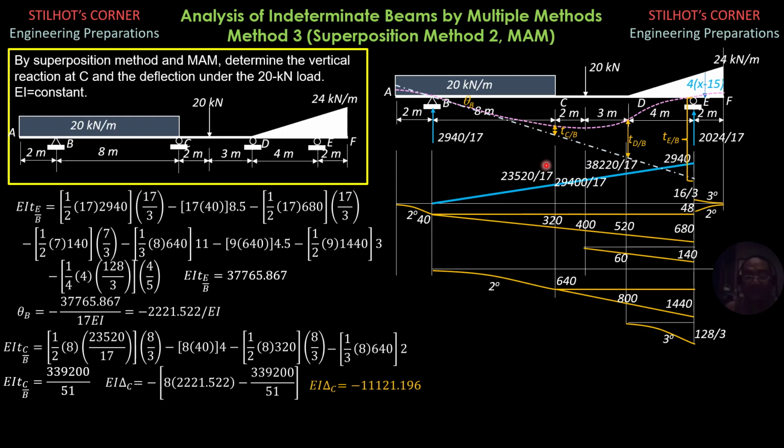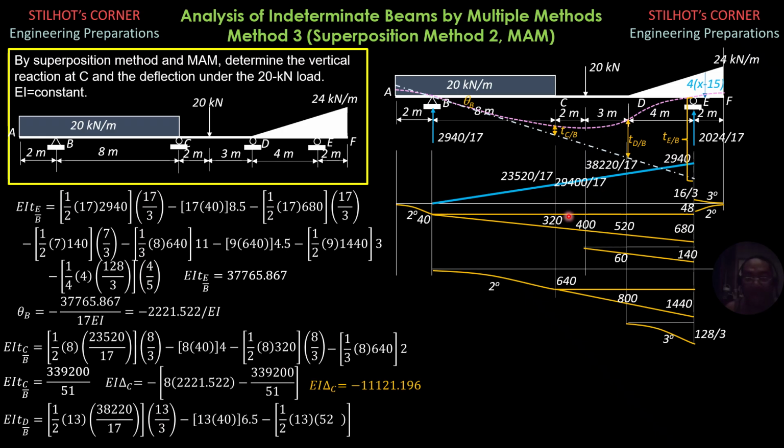So next, let's evaluate the deviation of D relative to B, EI, considering these areas here. EI deviation of D relative to B is 1 half of 13 times 38220 over 17 times 13 over 3, minus 13 times 40 times 6.5, minus 1 half of 13 times 520 times 13 over 3